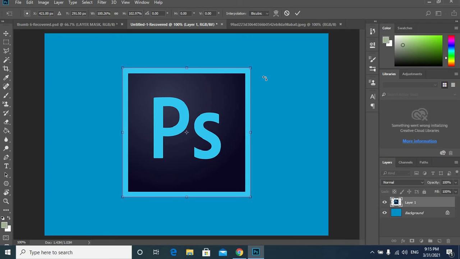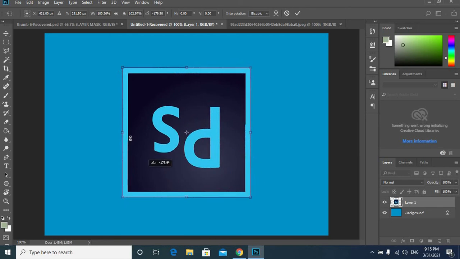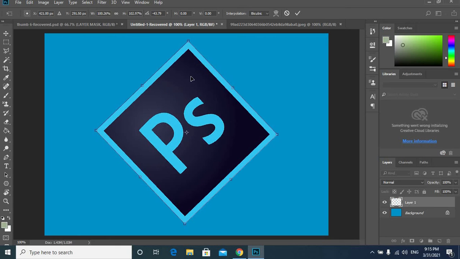If we move away from one of those corner points, we get the circular icon, which is the rotate tool. So I can rotate my object this way. All these points are basically just scaling, and if you hold shift, it would be a proportionate scale. Now if you right click,